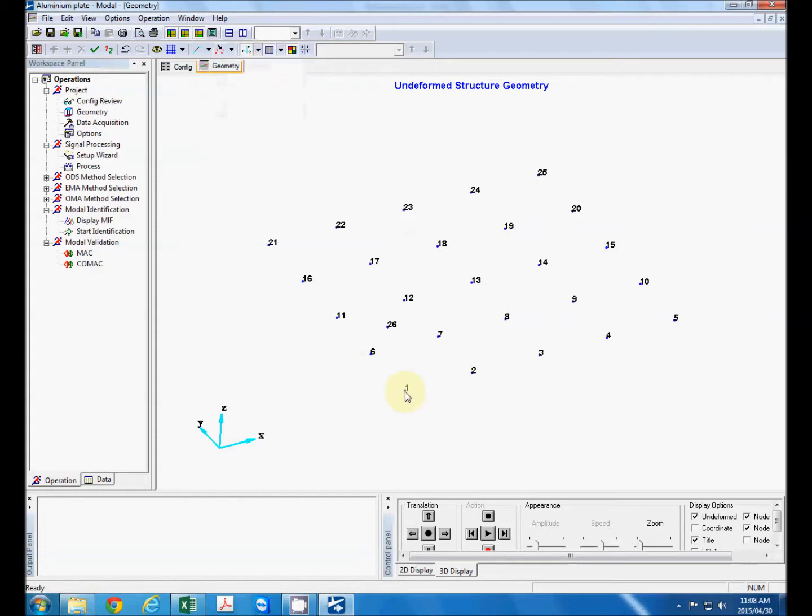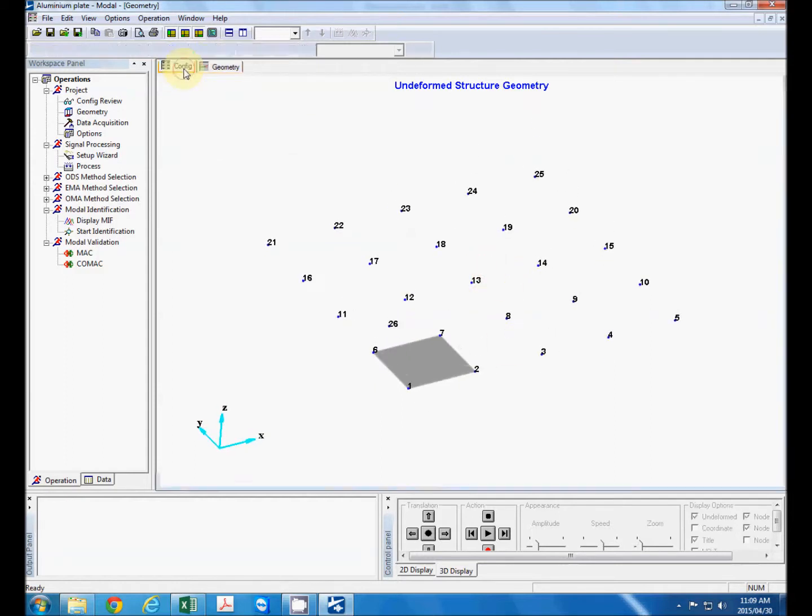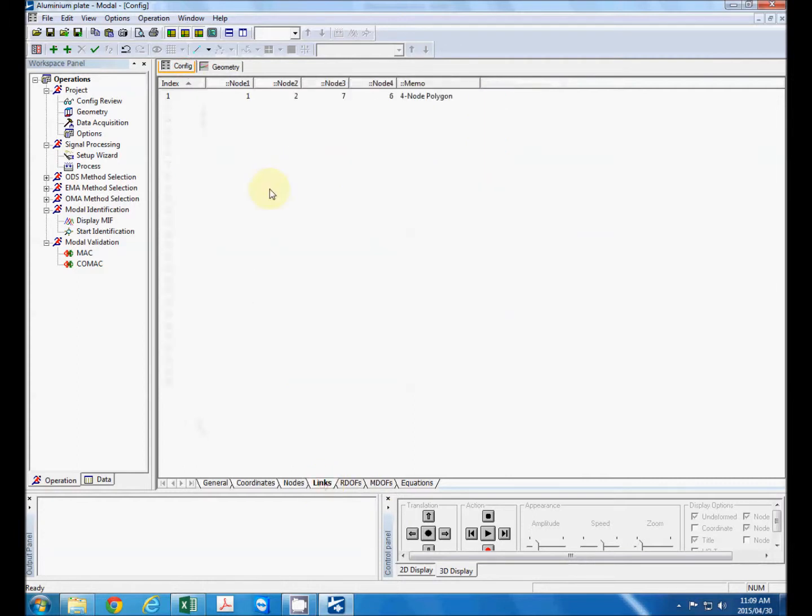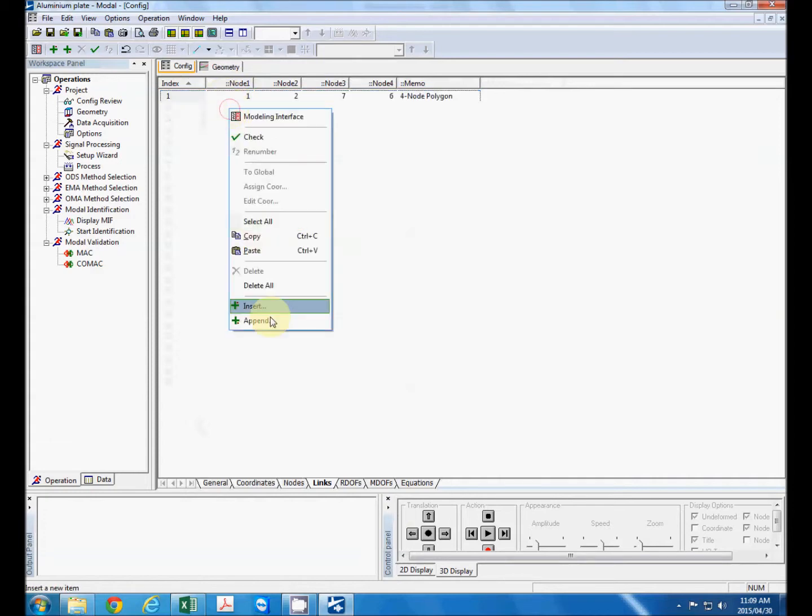Just to demonstrate the polygon, we can click add a polygon, click on the nodes, left click, and then right click to terminate, and we can do this for all the points. And if you look over here on the links, you can see that it stores that entry over here. So again, you can manually define the links,